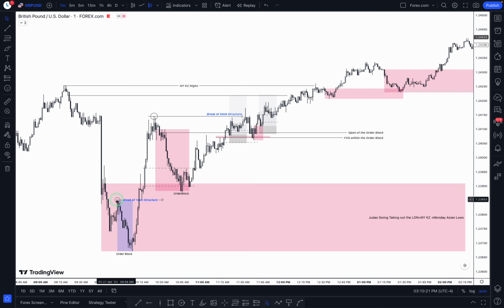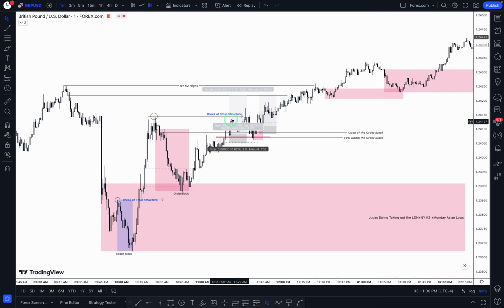The break of structure occurs on this high, and as you can see, price doesn't really have to retrace down to these fair value gaps because our order block was formed from this high to this low. Price traded above and created this high. Once it created this high, it traded down to fill in this fair value gap and then traded above it. Our break of 5-minute structure, which I was waiting for, occurred on this high. Once that high occurred, we wait for trade to come down to our level and we take the trade from it.